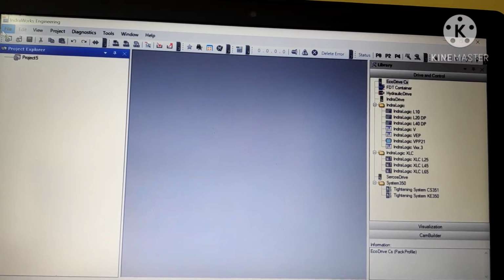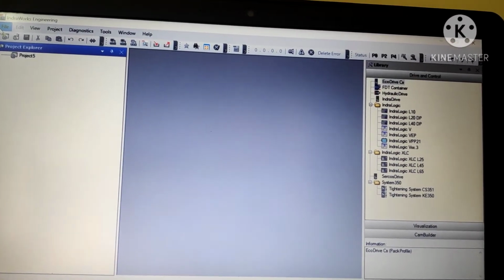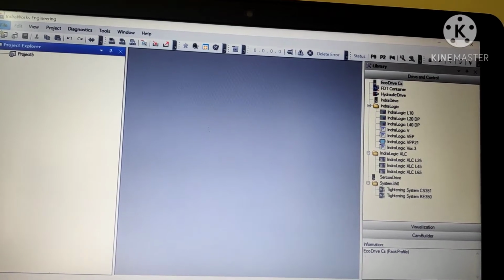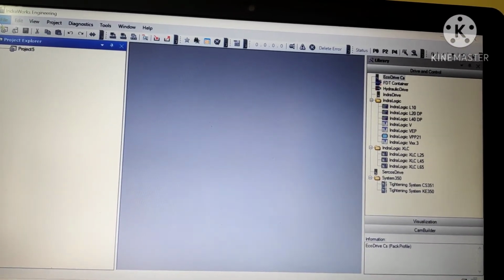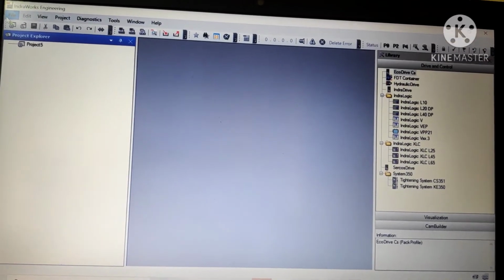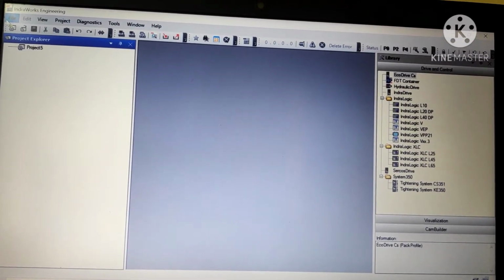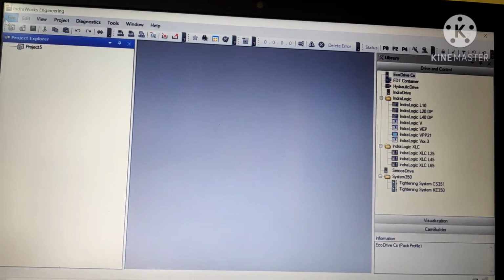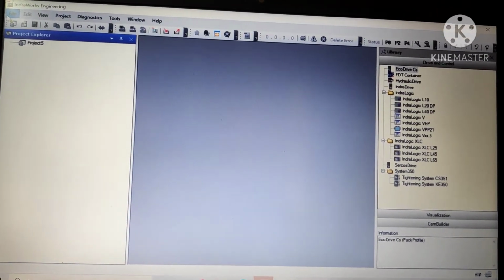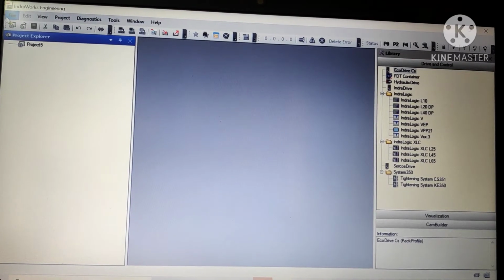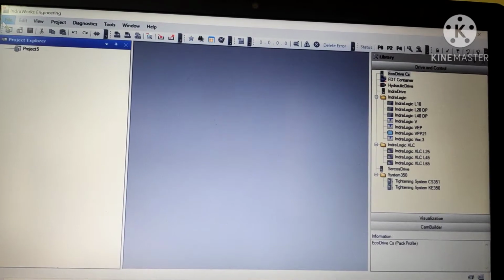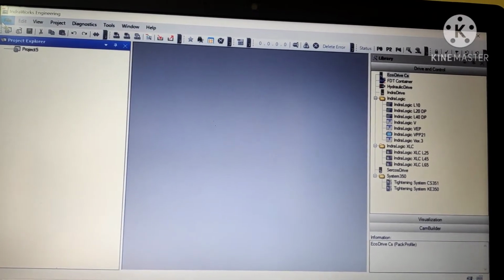PLC ladder logic program. We have to program ladder logic using IndraWorks software, and only then can we control the process using a PLC. As you can't do hands-on work in the lab and are learning online, I will teach you how to do it in simulation mode. That means from your home, you can do this programming without a PLC next to you.